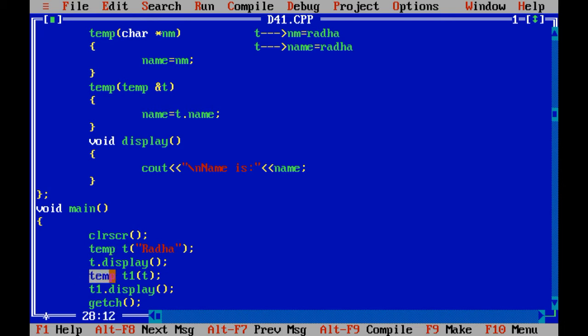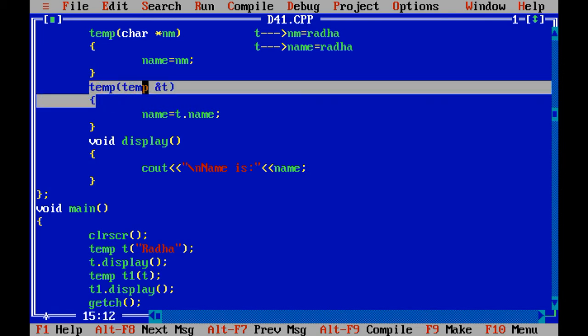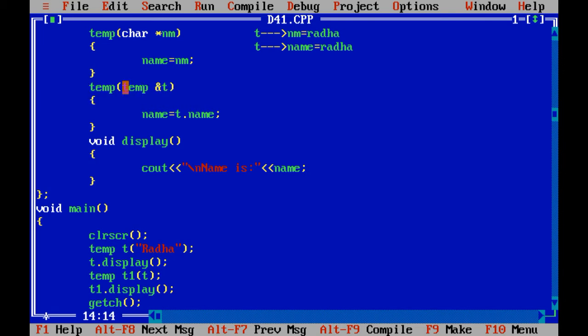After that, again I have created an object of class temp called t1, right? Inside the t1 object I have passed an object again. So you need to be careful. You need to create a parameterized constructor which contains an argument with the name of the class and a reference of the temp object, or any object.